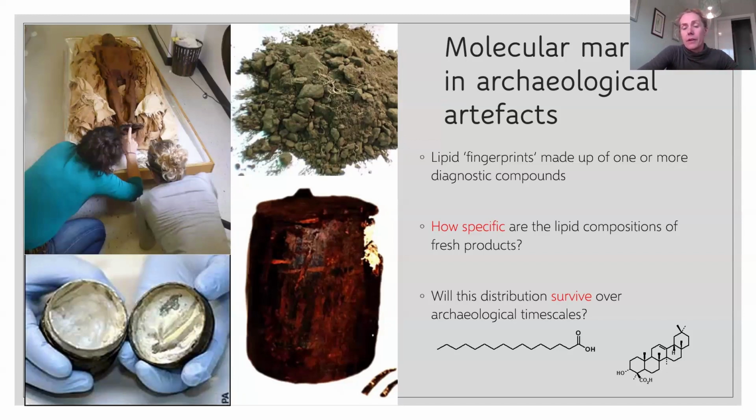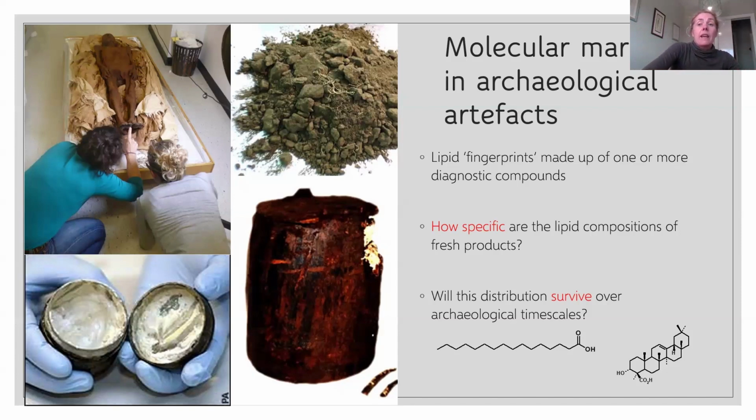So for some kinds of products, different kinds of plant oils, for example, it might be that the lipid signatures of all of these might be quite similar across lots of different kinds of species, genera, families, and so on. Or there could be cases where there are really quite specific biomarkers. So this will determine the potential you've got as to how specific you can be